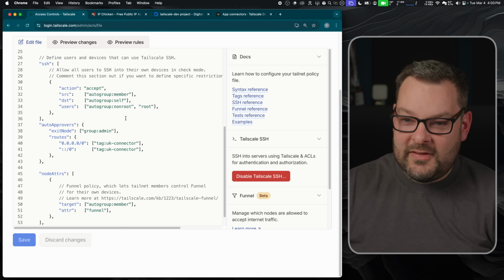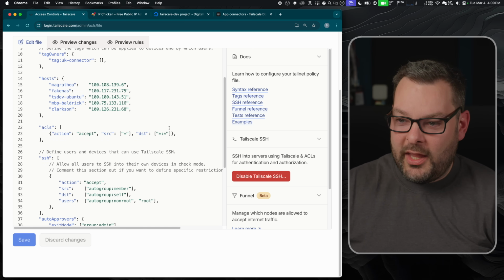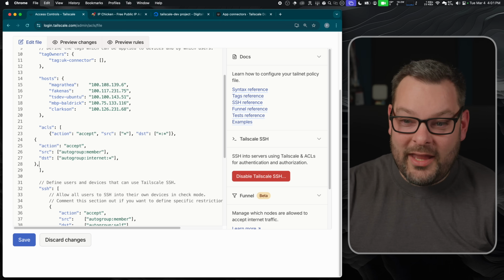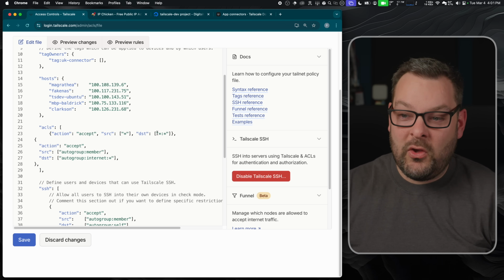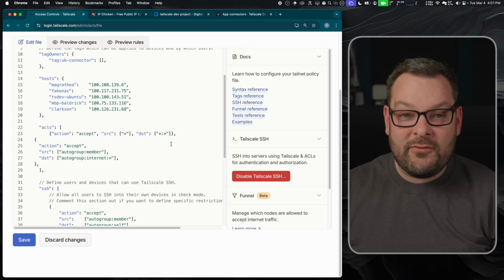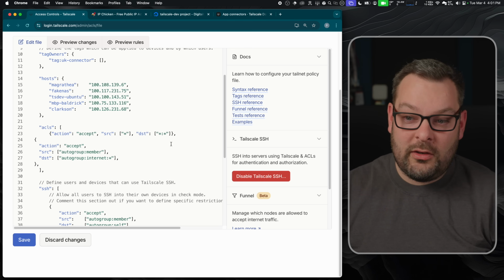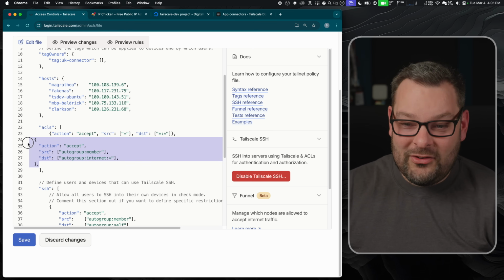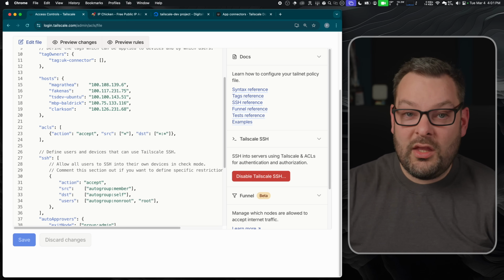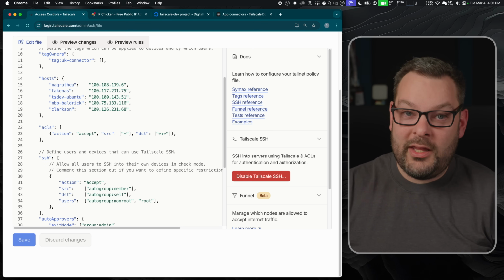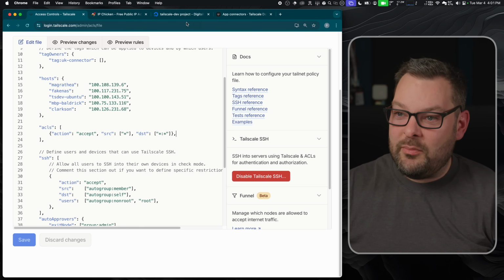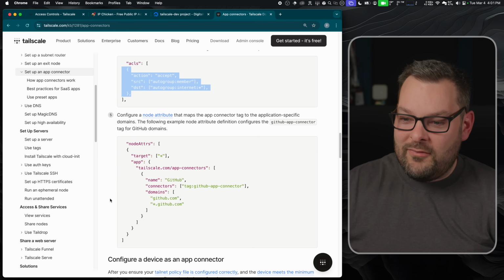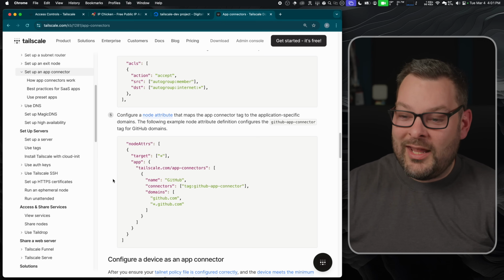So I'm going to look for the ACL stanza in my ACLs over here. Here we are. In fact, in my case, I don't actually need to do this because I still have the default option of ACLs turned on, which is allow any source to any destination. So I'm actually just going to leave this one alone. If you've gotten fancy with your ACLs already, you will need to follow this step, but in my case, I don't. The next one is step 5, and this one's a little more involved,